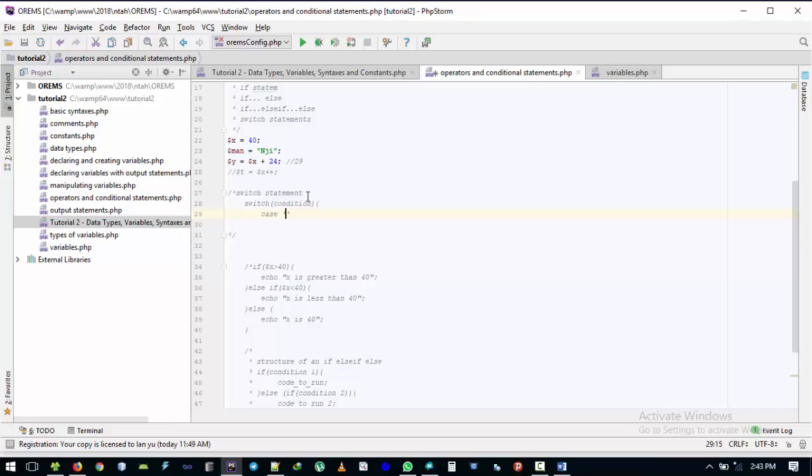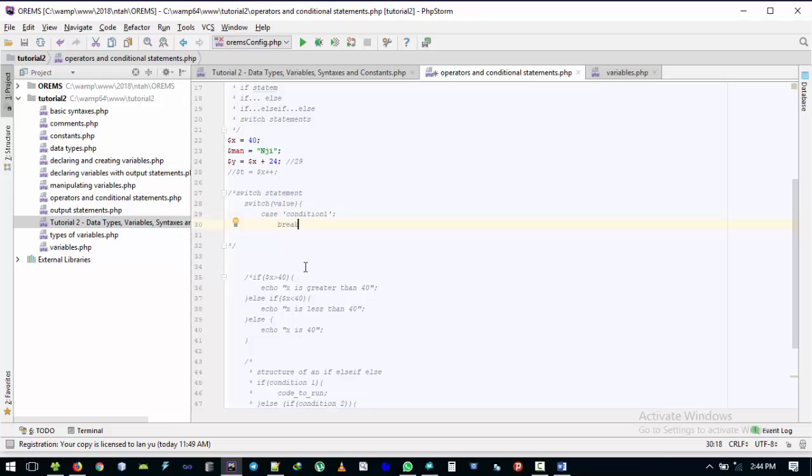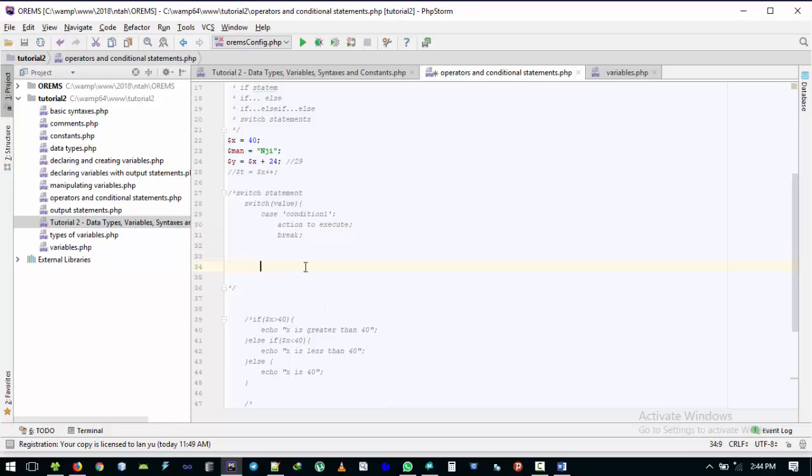I think case is condition 1, switch, I think switch value, case condition 1. I'll explain these other ones after. Break, action to execute, break, and then it runs down to